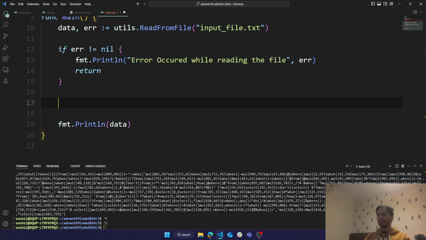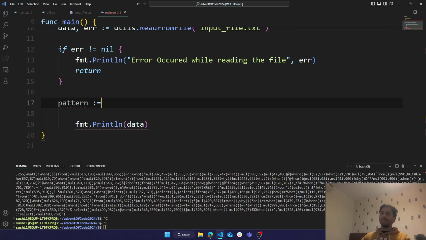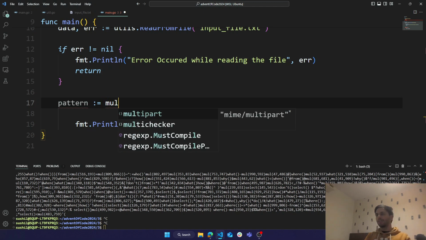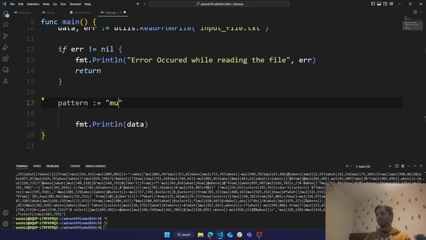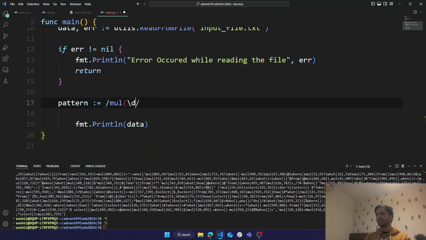What was our pattern? Let's just say the pattern is going to be, let me try to remember it. We had multiply, then brackets, plus D plus, comma, plus, plus that, and then one more.